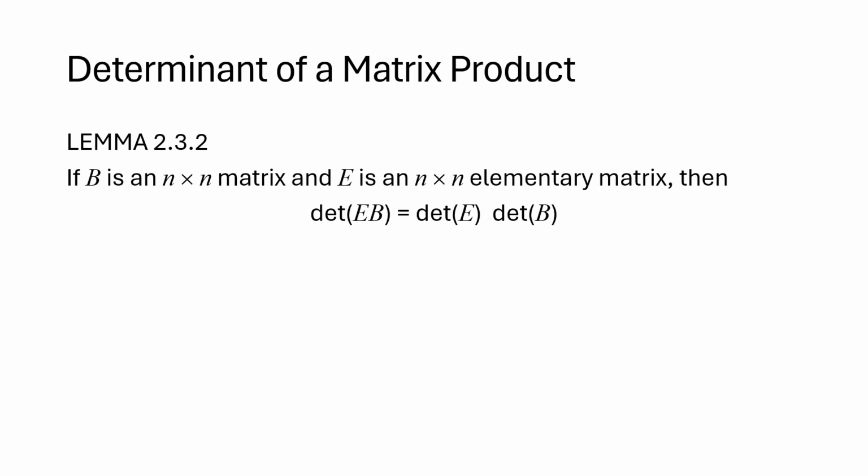So if we are going to have this one as a proof, we are going to say that if E results from multiplying a row of the identity matrix by K, then by Theorem 1.5.1, the product EB results from B by multiplying the corresponding row by K. So, from the theorem